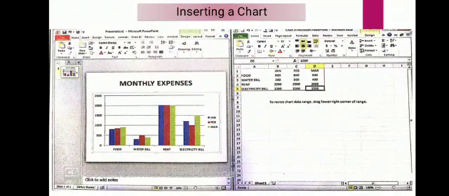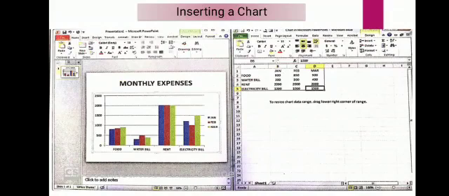Now next, how to insert chart. Before inserting a chart in Excel or in other software, you have to save some data. Like in the figure, it has already saved data as monthly expenses. See, the first diagram shows the chart, the second diagram shows the data of that chart.